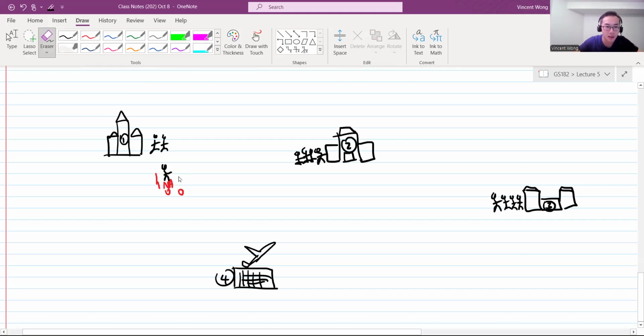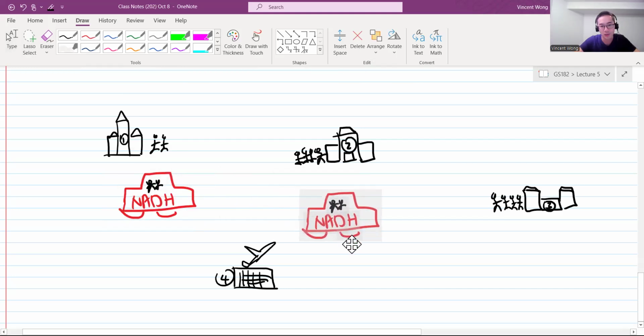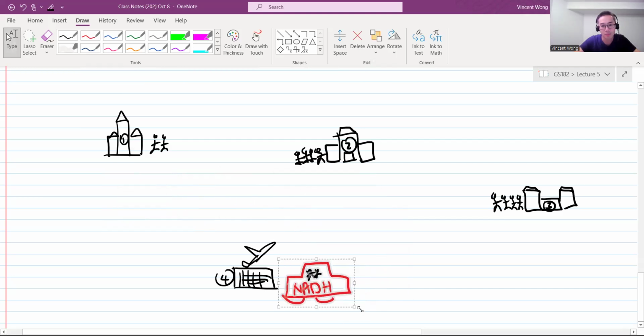The NAD plus, the car, oops, I erased the whole car. Let me try that again. Okay, so there is the NAD plus. The electrons, the passengers, are going to get on. Once they get on, it's now full, so it becomes NADH. Putting the H there is like turning on the light, telling people, hey, it's full now, don't get on anymore. And then where is this guy going to go? Well, it's going to drive these people to the electron transport chain. And then the passengers, the electrons, are going to hop off. And then the taxi is free again.